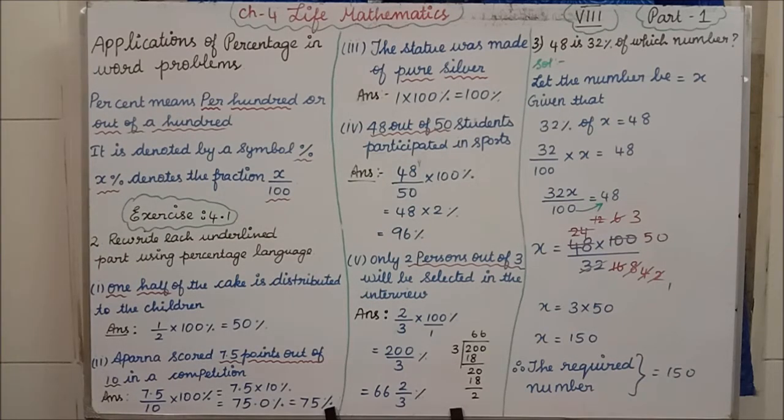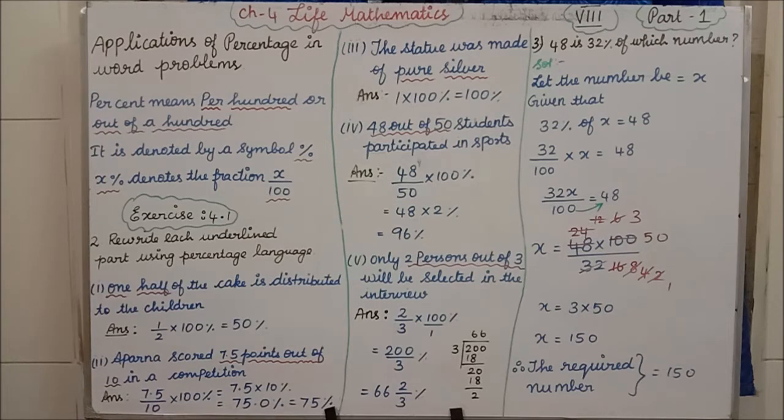Usually in your test paper or exam paper, the mark is written divided by 100. So out of 100, if you have secured 99, then 99 is your mark. Sometimes they can write it as 99 percentage also, which means you have got 99 out of 100. Now, based upon this concept we are going to learn in exercise 4.1.